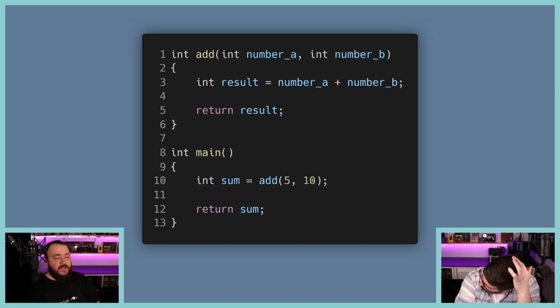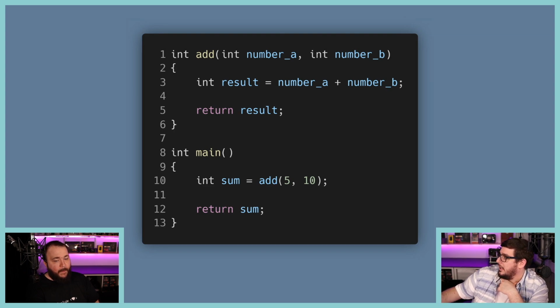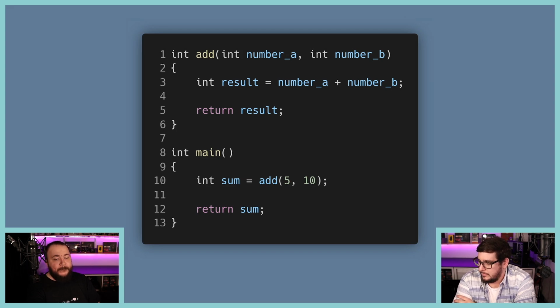The arguments are set by the function. So in line 1, you're saying, I'm a function called add, and add stores number A and number B. We only take 2 arguments. So you couldn't, for example, have add 5, 10, 15, 20, 25. Correct. In this setup, no, you couldn't.